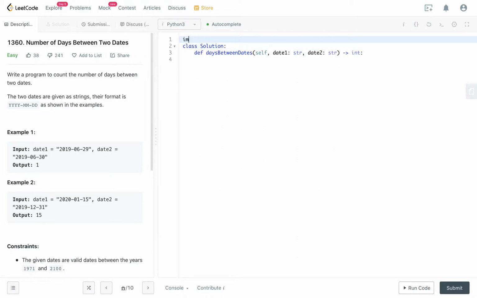So for this question, we'll import datetime, because there is a built-in function called date that takes in the year, month, and date. This is a built-in function, and basically we can just return date 1 minus date 2 dot days